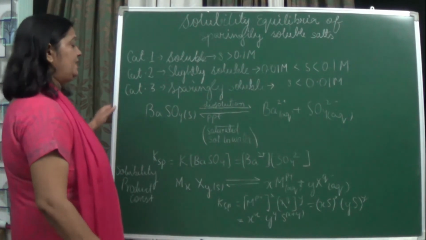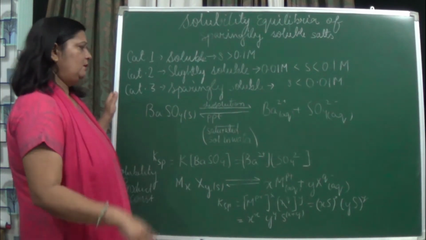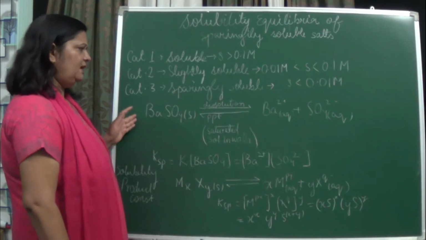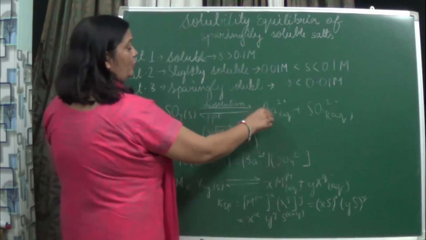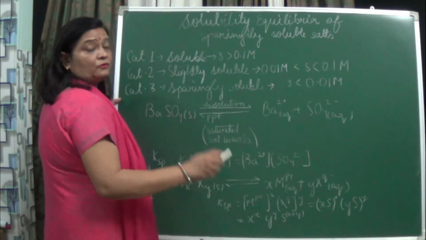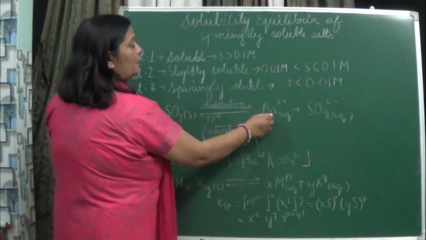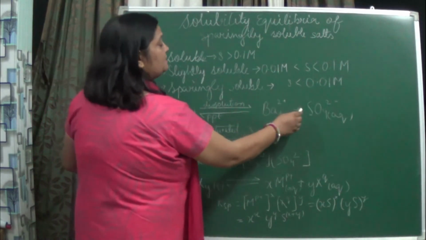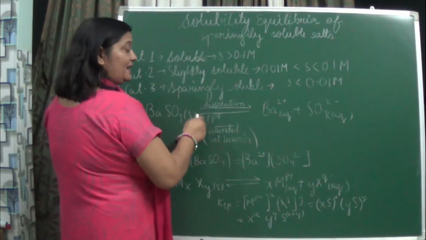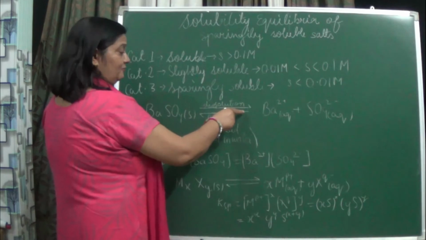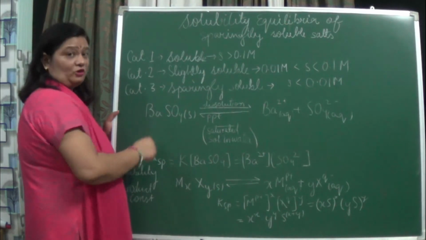Now you can see here this BaSO4. First we make a saturated solution of that. Then after it dissolves, we get Ba2+ ions and SO4 2- ions. When it dissociates, it is forming Ba2+ and SO4 2- on dissolution. But not all of it is dissolving. If it is not dissolving, a precipitate is formed, and that we see as BaSO4.